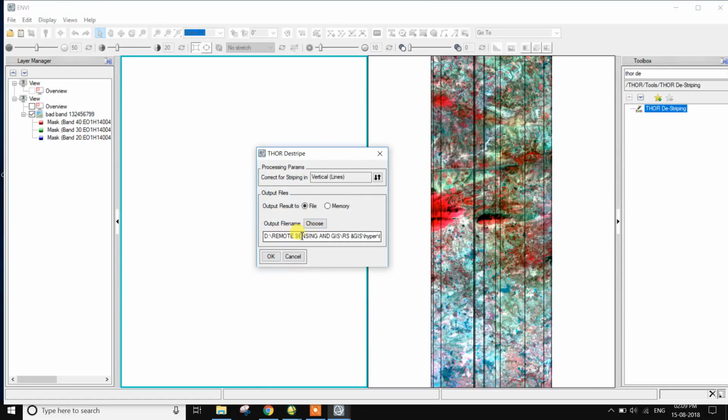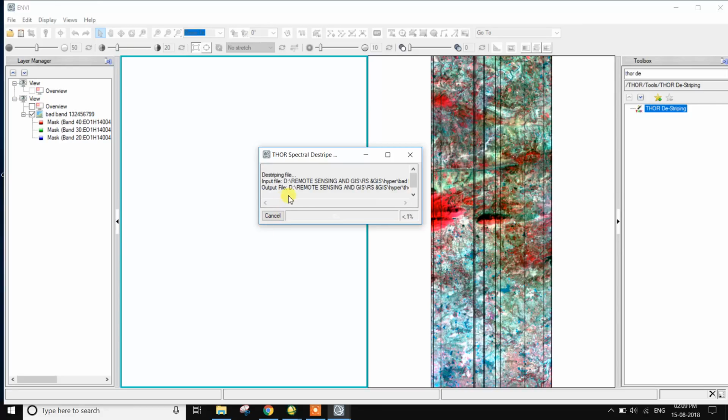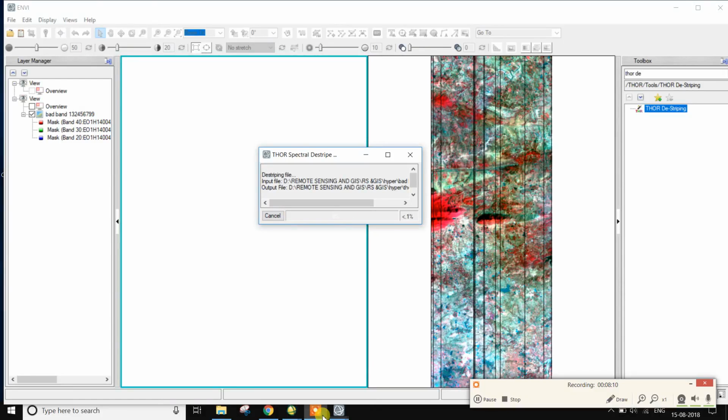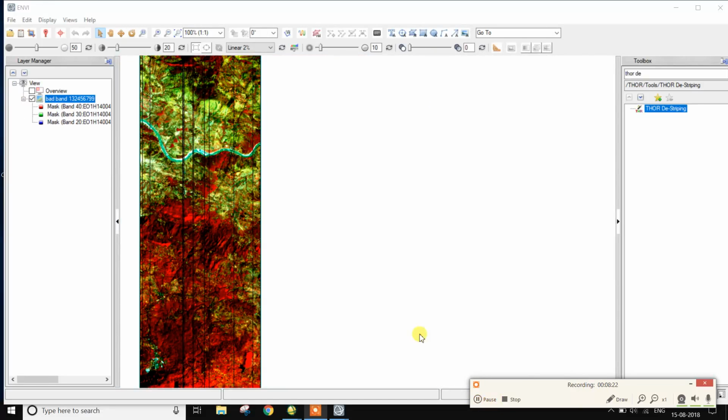Enter the third day stripping output file name and click OK. There is the run of third day stripping on the data. So this run is complete. Open the third day stripping image, open the file.